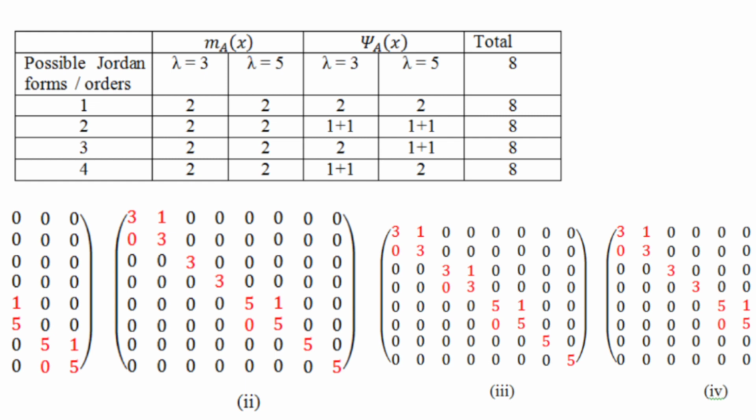Then for lambda equal to 3 you have to construct two single blocks. So we have constructed 3, 3. And next, coming to eigenvalue lambda equal to 5 for MA of x, you construct a Jordan block of order 2. So therefore you will get